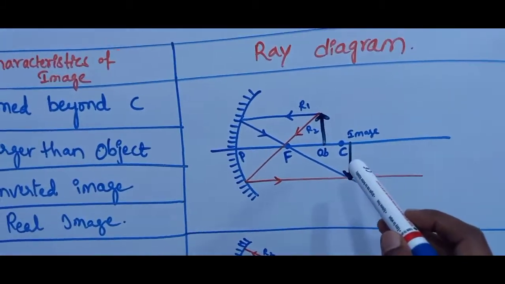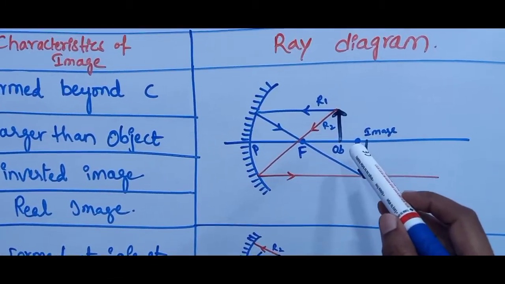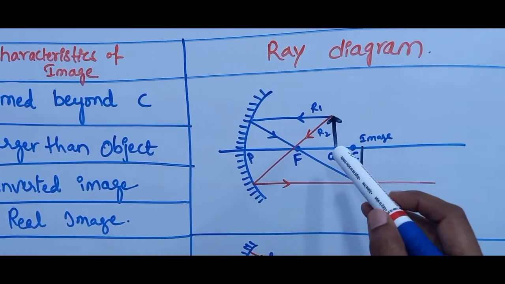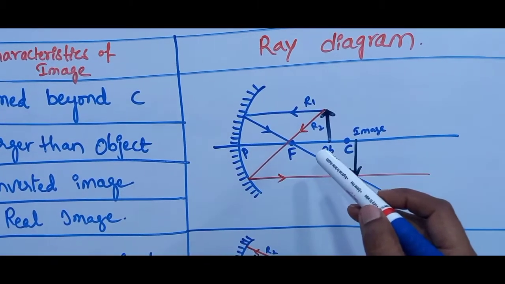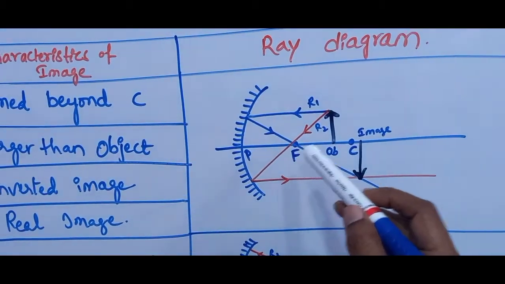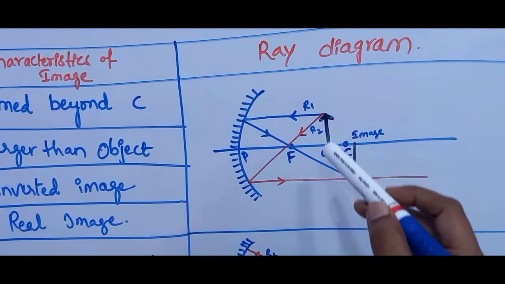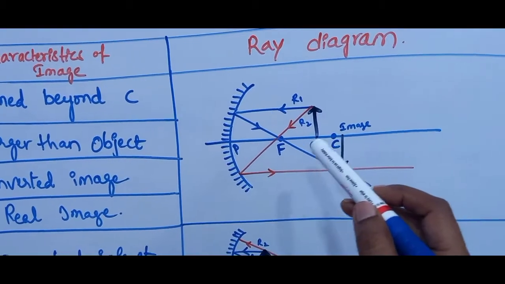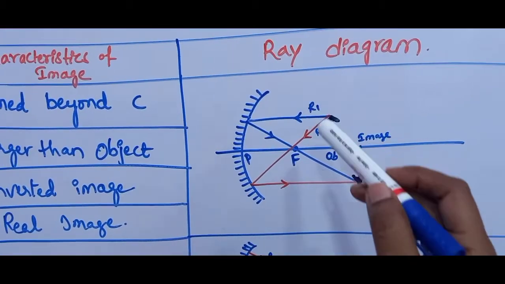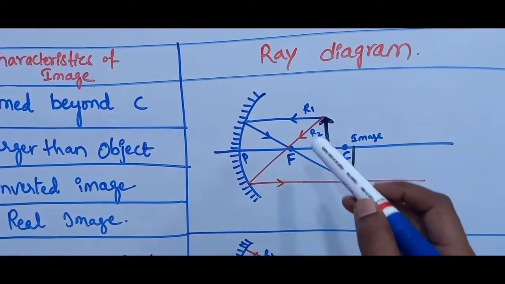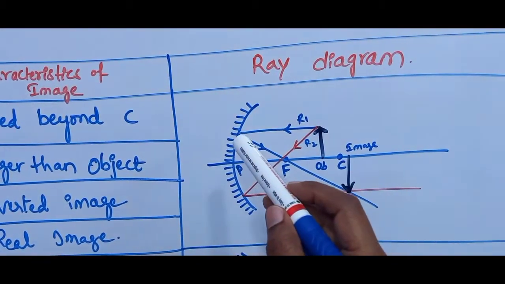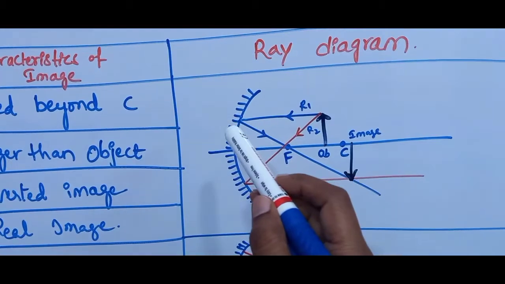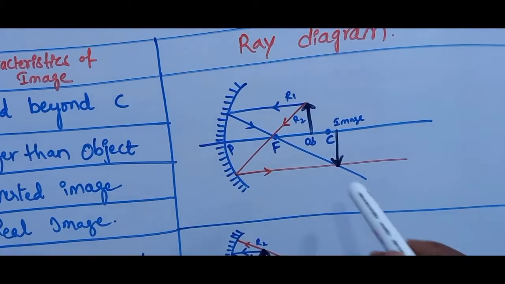In the previous case the object is placed at C. Still we have moved this object some closer to the concave mirror. That means the object is placed in between C and F. So when the object is placed in between C and F, where do we get the image of the object? See, R1 and R2 are represented here with 2 different colors. R1 is the incident ray number 1, which is coming from the tip of the object and going parallel to the principal axis. As it is going parallel to the principal axis, its reflected ray will be passing through the focal point of the mirror.